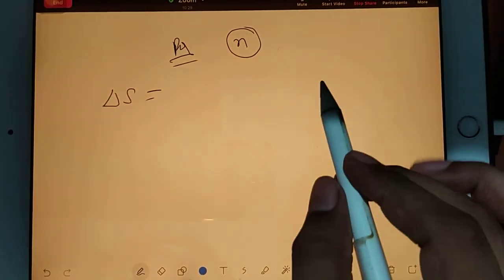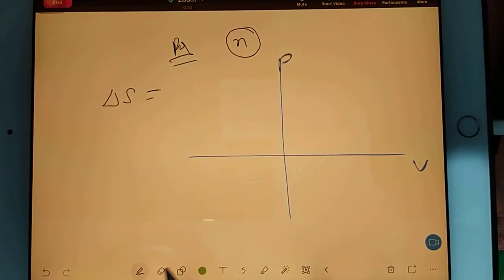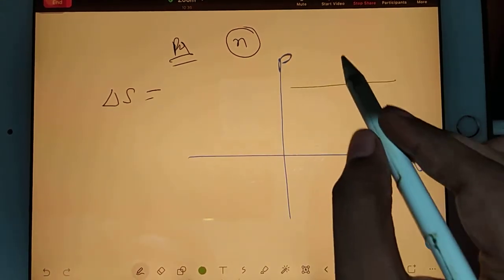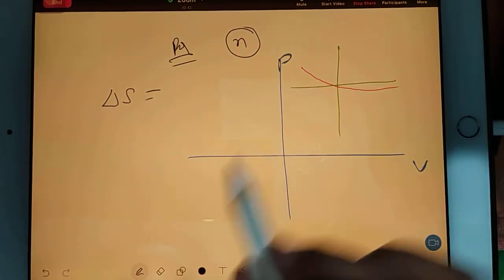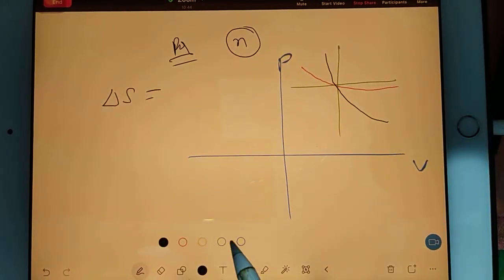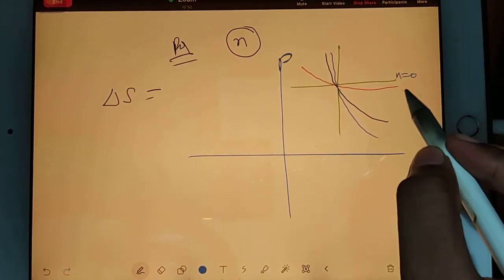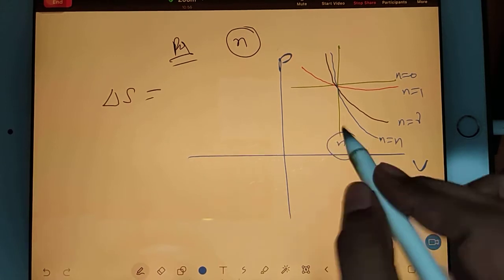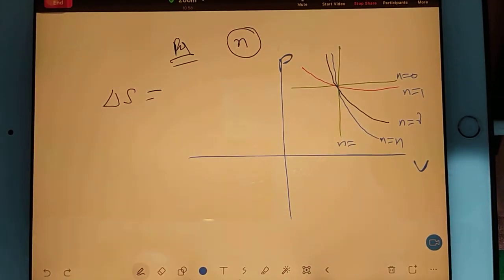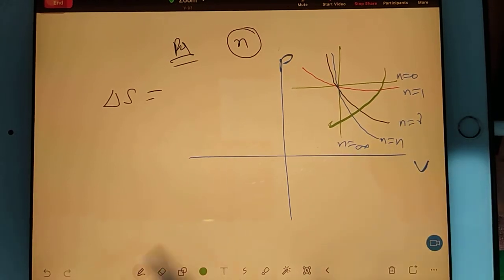See guys, one thing you should master. If this is a PV diagram, how will you draw a constant pressure line like this, a constant volume line like this, an isothermal line like this, an adiabatic line like this? Any other line you draw will be your polytropic line. Suppose this is your polytropic line. So for this, n is equal to 0, n is equal to 1, n is equal to gamma, and n is equal to, tell me this value, very good, infinite. So like this, your n is increasing.